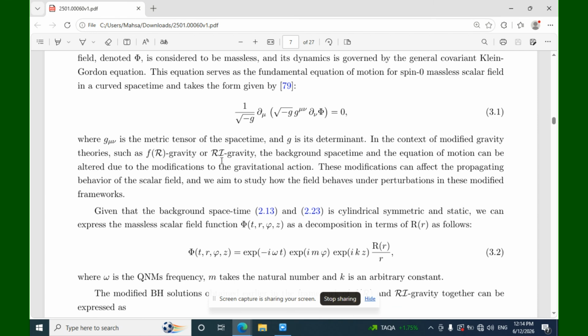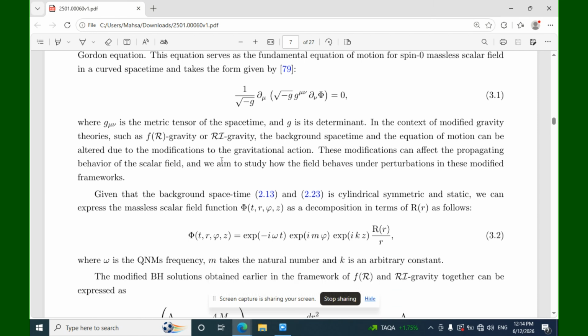In the context of modified gravity theories such as f(R) gravity or Ricci inverse gravity, the background spacetime and the equation of motion can be altered due to modifications to the gravitational action. These modifications can affect the propagating behavior of the scalar field, and we aim to study how the field behaves under the perturbations in these modified frameworks. Given that the background spacetime is cylindrical, symmetric, and static,